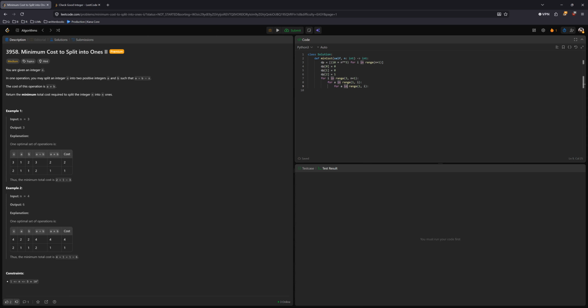And for b, well, no, b is going to be dependent, so it's just going to be i minus a, right? We're going to have cost equals a times b. But really, it's going to be plus dp of a plus dp of b, because the dependent parts are going to